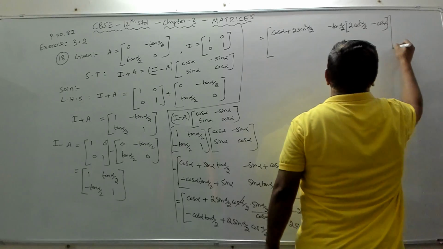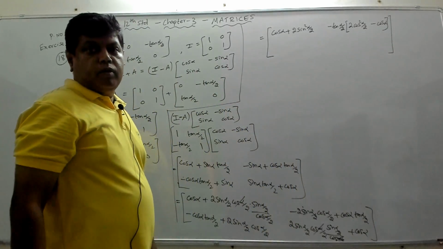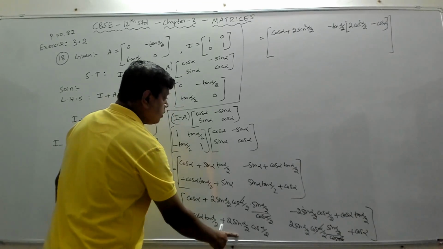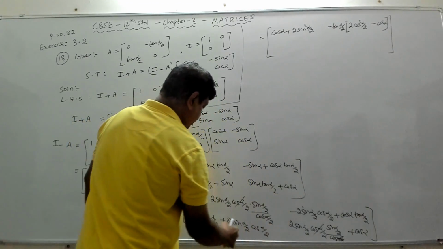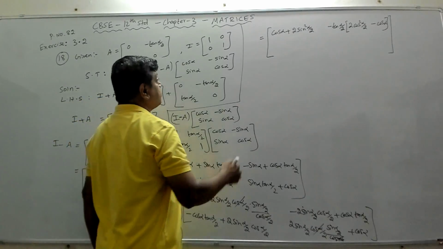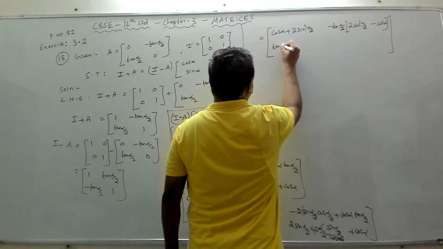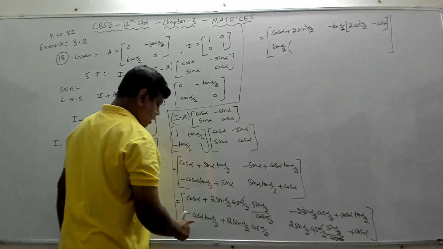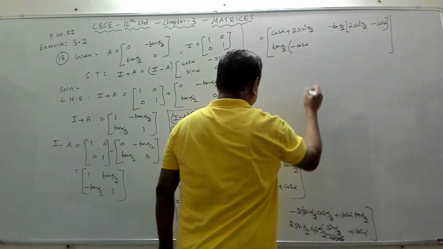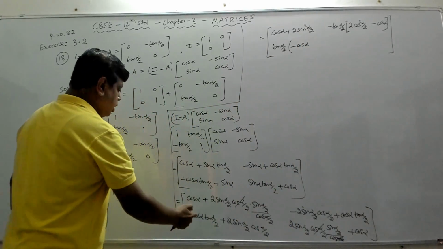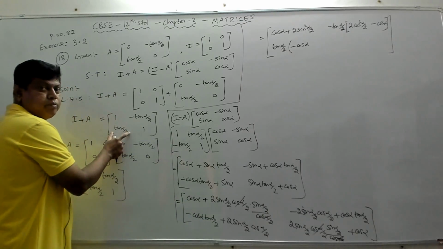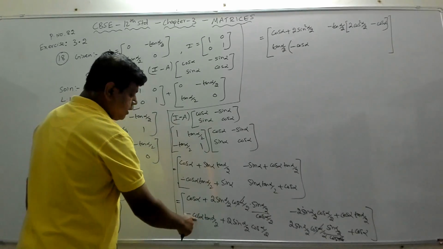This whole thing is in the matrix. Then again for this one, same logic we will use as what we had used here. So here I need tan alpha by 2, so I will take tan alpha by 2 common. If I take tan alpha by 2 common, here I will have minus cos alpha, because I have taken tan alpha by 2 out. Why am I taking tan alpha by 2? Because I need tan alpha by 2 in the answer. So I am taking tan alpha by 2 common. So it will become minus cos alpha.